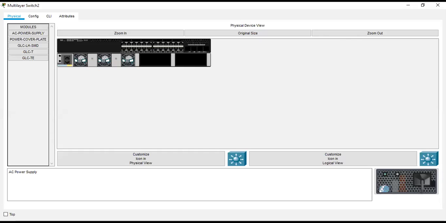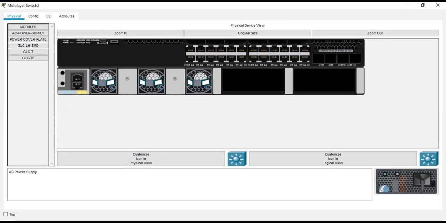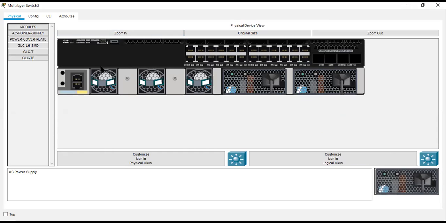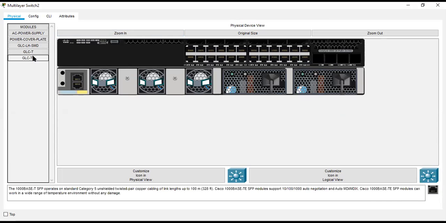Then you can see here we need to add the power. We have redundant power. Then we can add the module here, which is 1. If you look at this physical connectivity, keep watching closely.